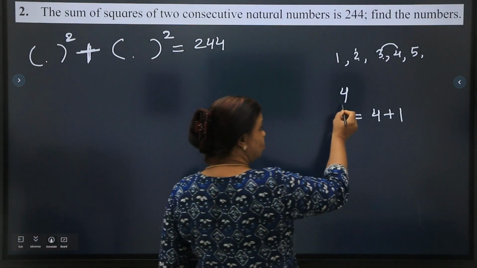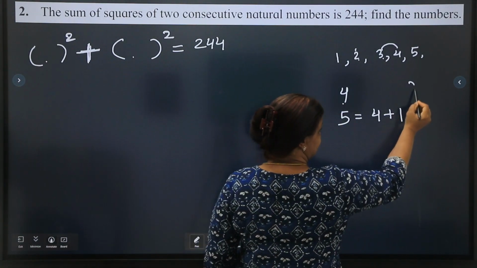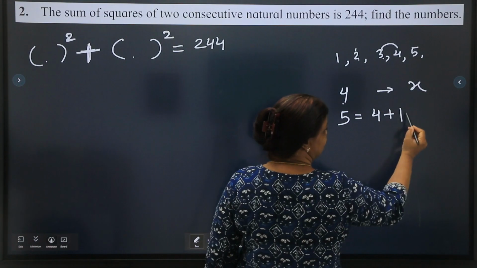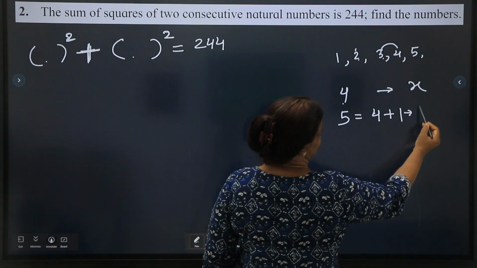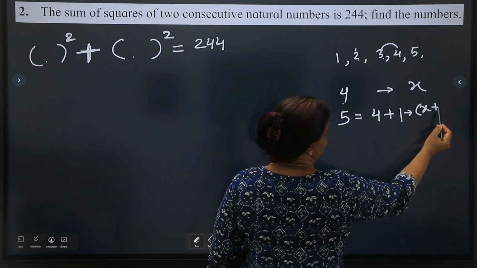So if I assume the first number as x, what will be my second consecutive number? It will be x plus